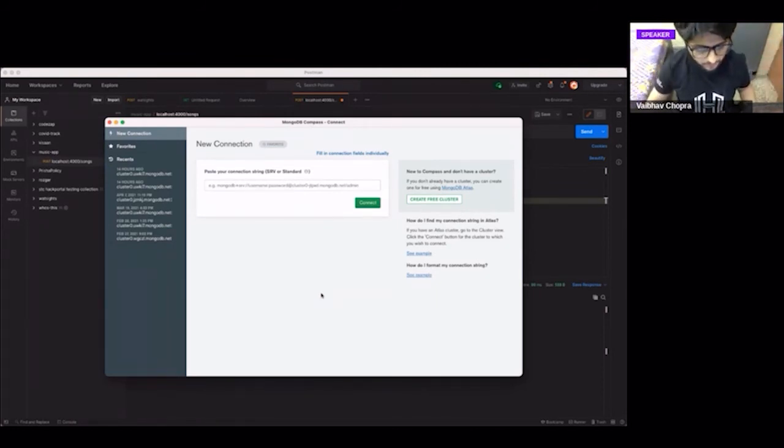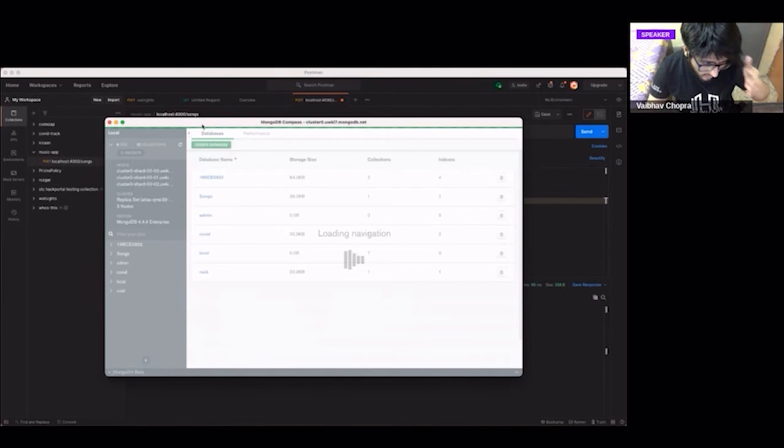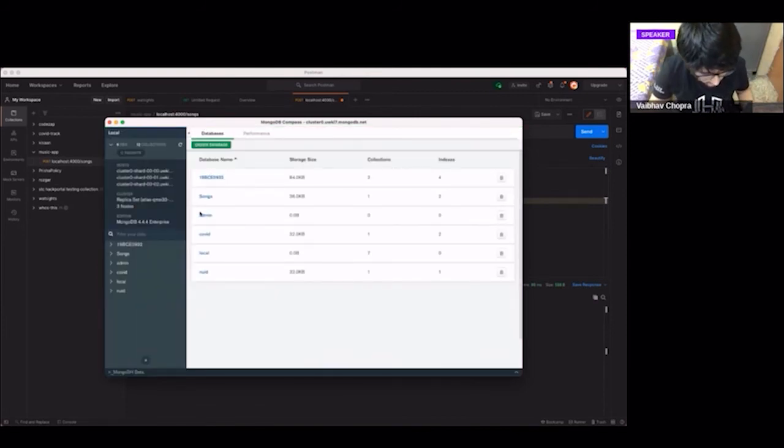Okay. So here, once you open MongoDB Compass for the first time, whatever string which we generated for you, you have to paste here and click connect. I think I already have mine connected, so I don't need to enter it again, but you guys go ahead and put that and click connect. You see all the databases that you have created, and there are some additional databases like admin and local which are for MongoDB's own purposes.